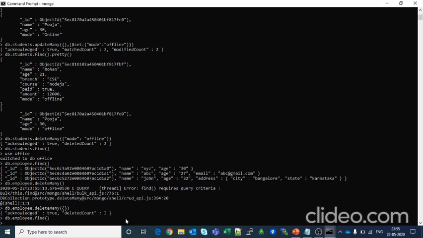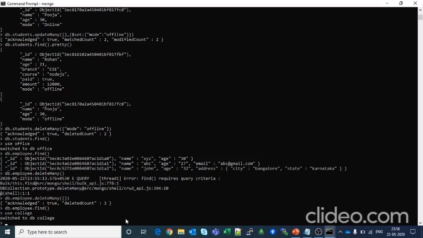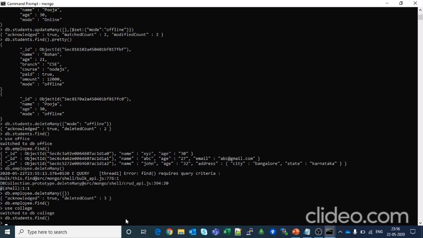Now let's switch to the previous db that we were using, college. Now db.students.find. You can see there are no documents here.